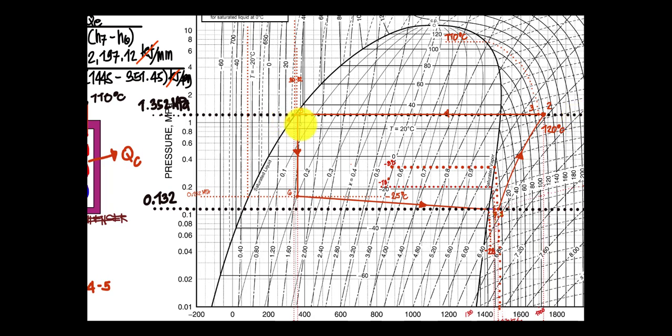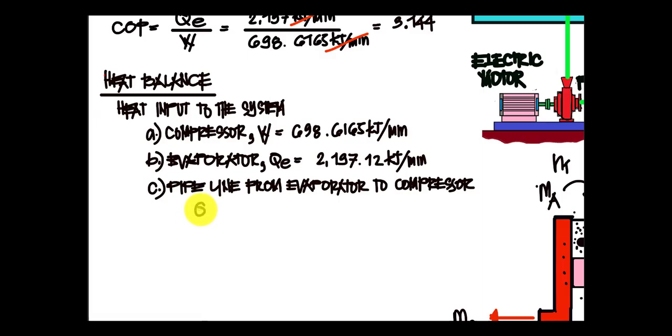Now for the Q, the heat gained or heat rejected, that will be from point 7